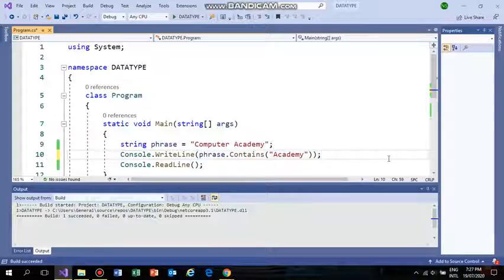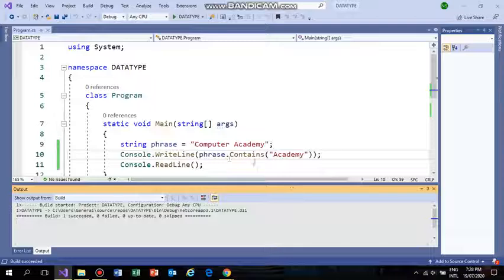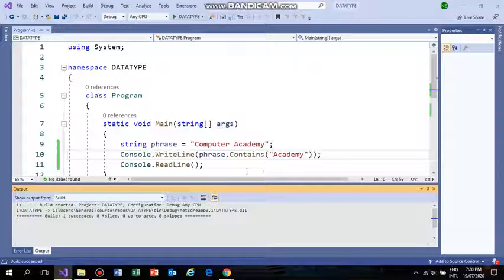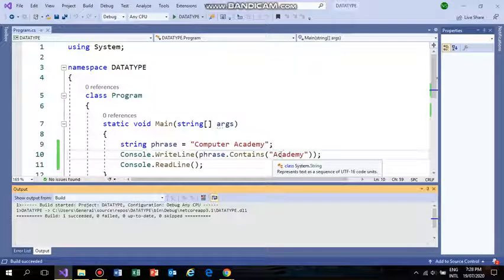Now here we go, our output. That is true. It means that the string phrase has Computer Academy, and we wanted to know whether Academy is in this phrase. Our output was yes, meaning true.